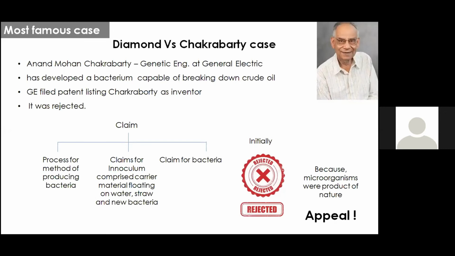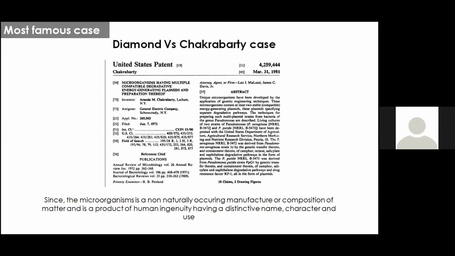So there were three claims made by GE as well as Chakrabarty for their discovery, which was initially rejected because of the fact that microorganisms were the product of nature and cannot be patented. However, they appealed the decision, and after being rejected, I think, two times, they went on to the apex court, and there they finally managed to get the US patent